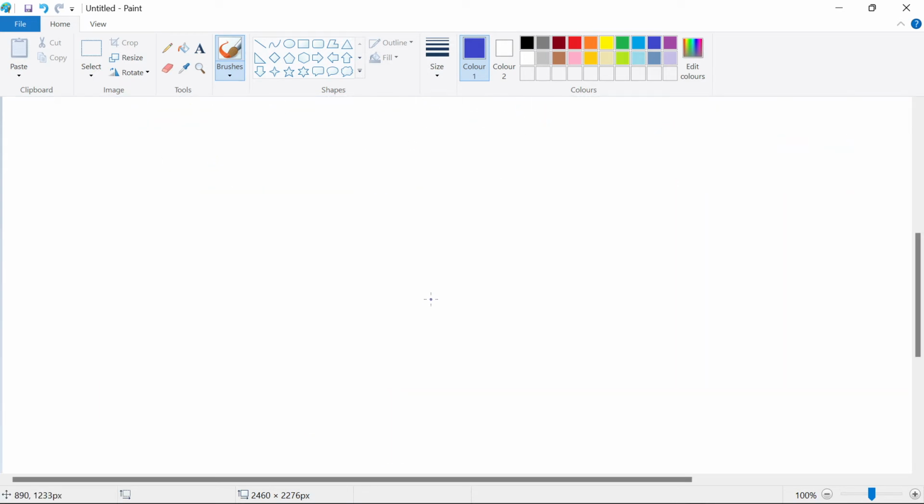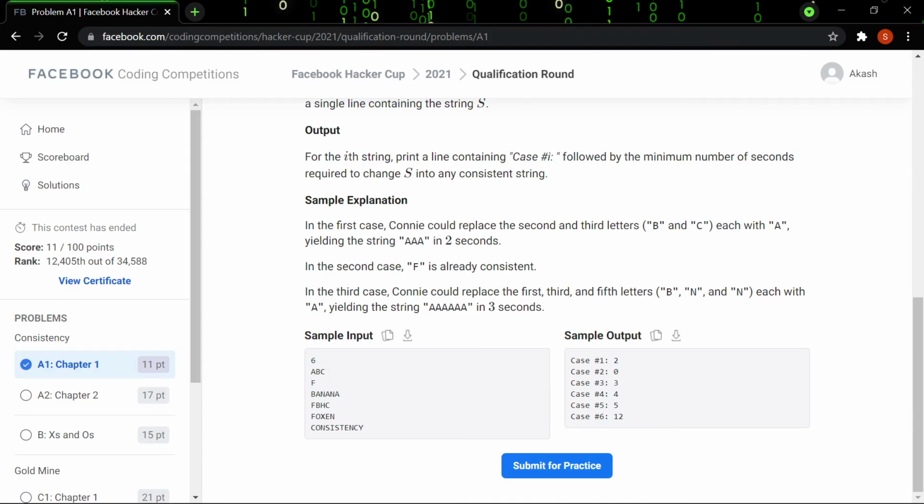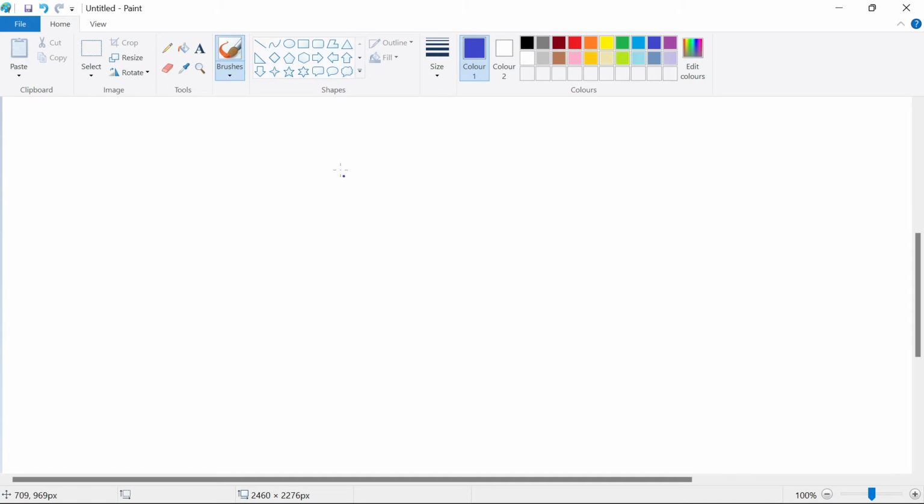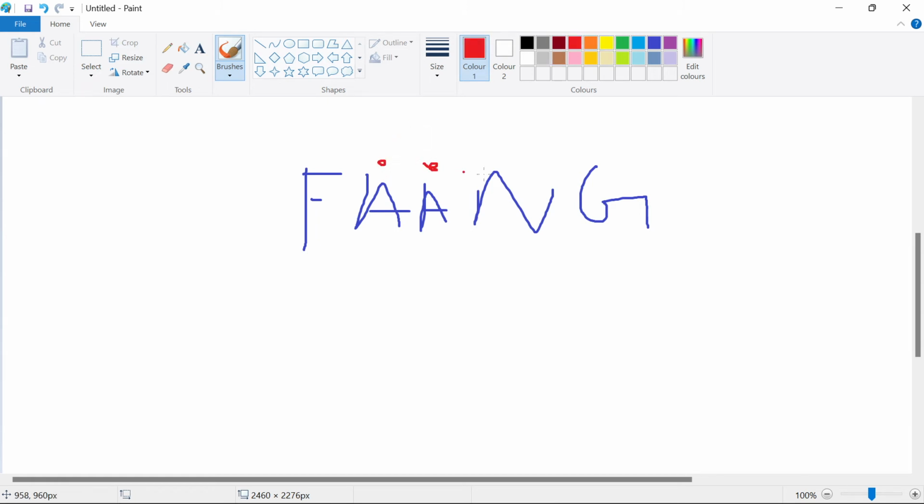Let me show another example. Let me show you F bank. The vowel occurrence is this one, and for the consonants, everything has one occurrence.